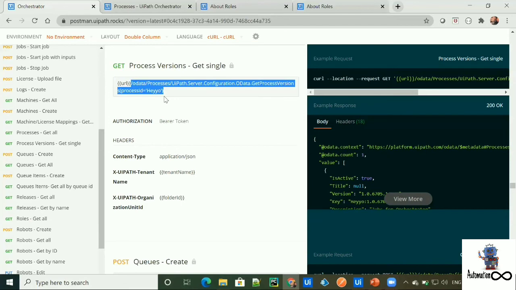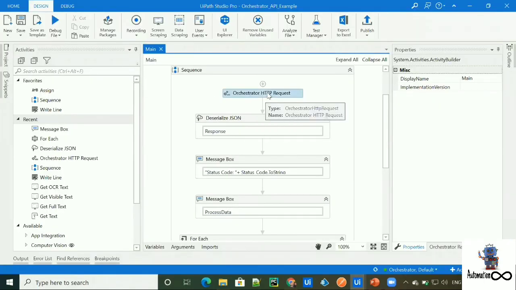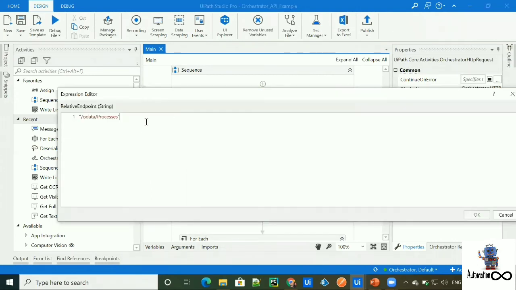Let's go ahead and modify our workflow to get the process data for a single process. This is the workflow we have just created to get all the process data. I'll simply update the relative endpoint here. I'll just be passing a process name.